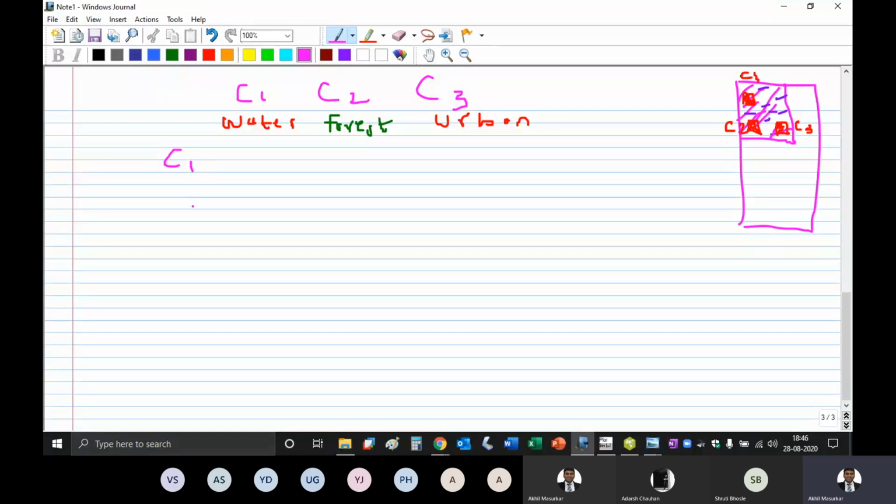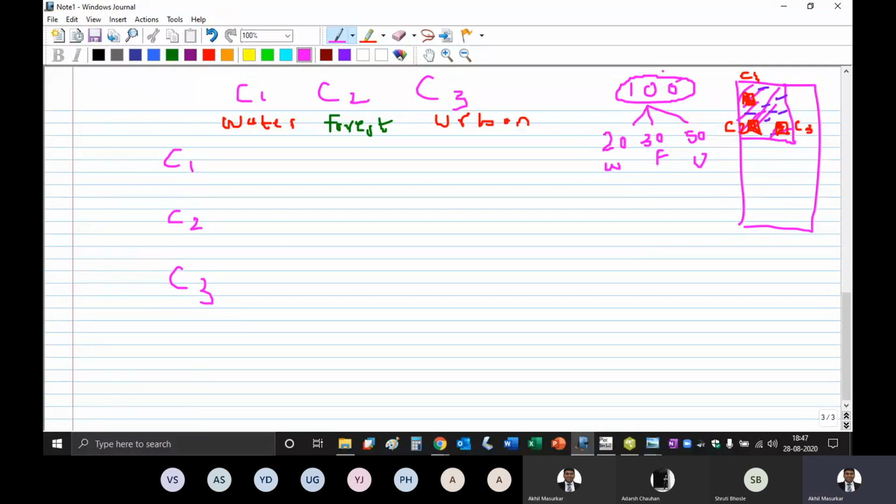Here we have C1, C2, C3. Let's say there are totally 100 pixels: 20 water, 30 forest, and 50 urban.